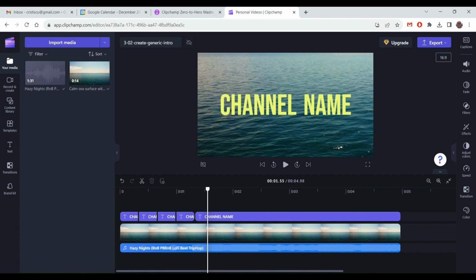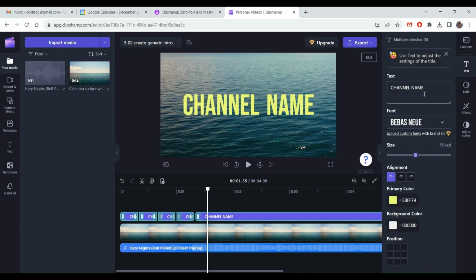Basically we have to replace this with our own text, and just to keep it generic, I said ready for hands-on. I built this for another course of mine for Snowflake, and for hands-on exercises, I just needed a message like this. So you select all these tracks on top. You go here, and instead of having a channel name, you say something like ready for hands-on, and we need to change